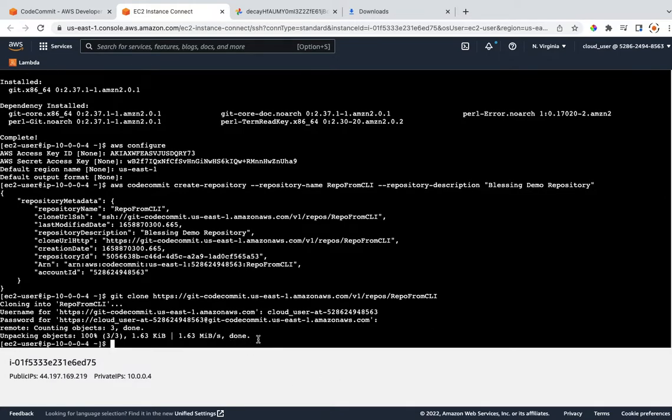So it says it's done. Our cloning has been done successfully. Basically the clone is just to pull the file and the repository down to the local machine. So we already have that. At this point, we can do some other things, like check the clone